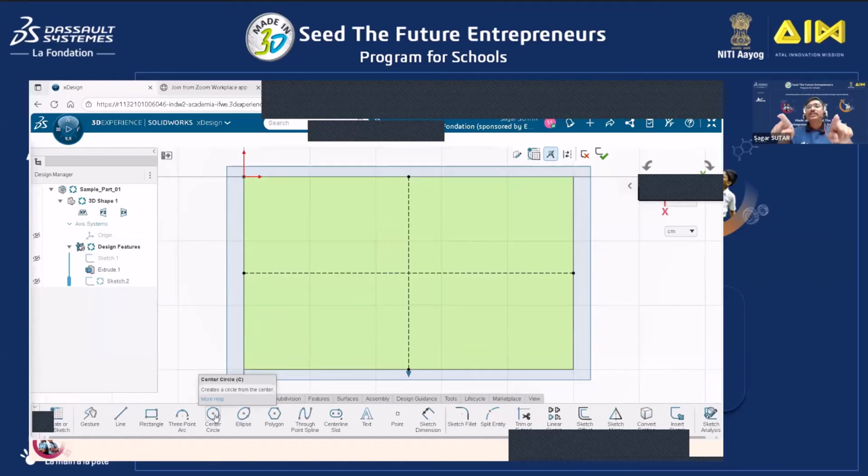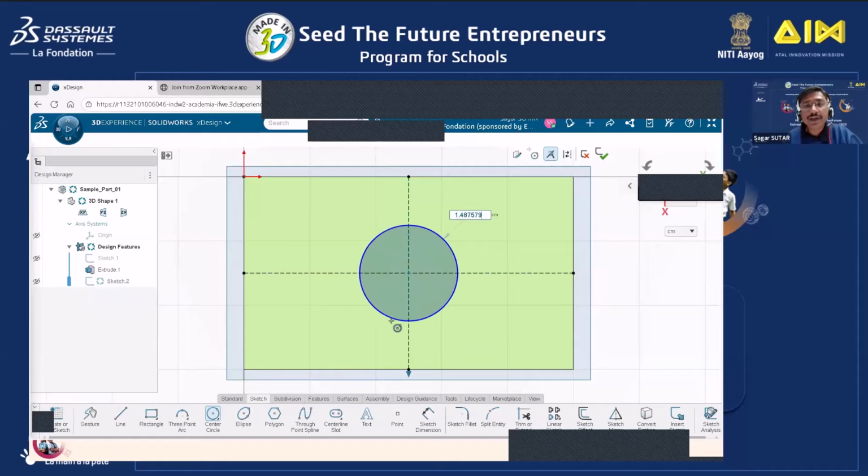Now I want to draw a circle. I want to create a hole. So what is the base geometry to create a hole? That is circle. So I will click on this circle command. There are two ways to create a circle. Either you use center and radius, that is the center circle command, or the 3 point circle command. I will start with the simple one because I know the center. This is my center. As I move towards the center, it is activating that option. If I click this, the center is fixed. And if I move somewhere in the graphics area,